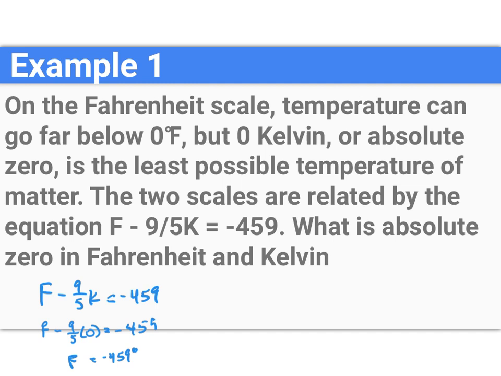Okay, so now for Kelvin, we put 0 in for Fahrenheit because we need to solve for K. And so negative 9/5 K equals negative 459. So now multiply by negative 5/9 on both sides. Negative 5/9, and K will equal